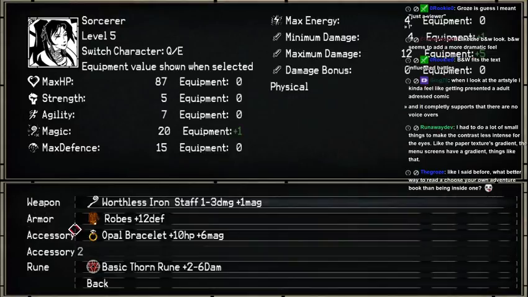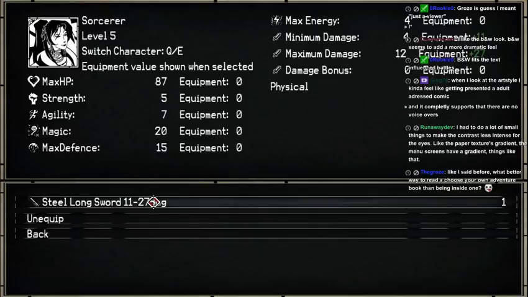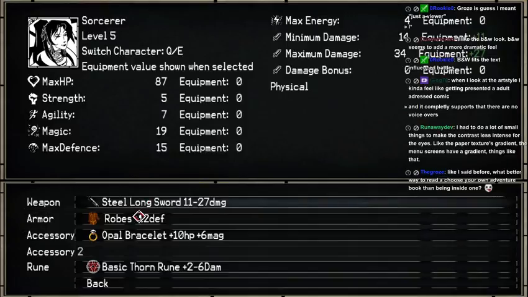I'm not sure that this staff is worth it, actually. I think I'm going to increase my defense, because I think it's worth it, though it drops me down by 1. If I get a better staff, I may take care of that, but...